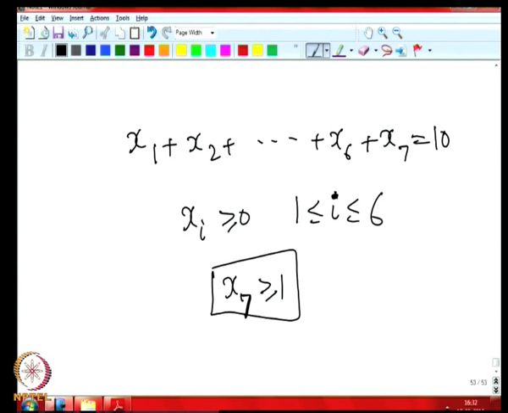This is the point. Now, we know how to solve it, because this corresponds to this. We cannot directly apply the previous solution, because the condition is not that all xi's are greater than or equal to 0. Here x7 has to be at least 1. So, we will again convert the problem to the form we are more used to. So, this condition we want to get rid of. So, what we do is we write a